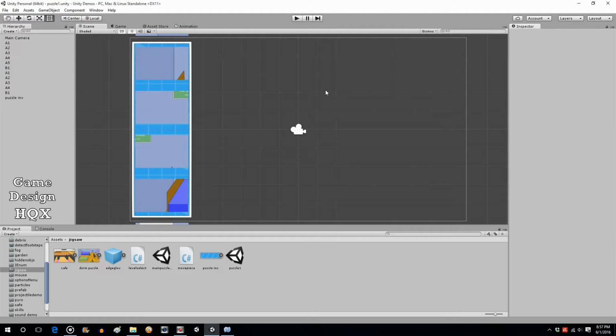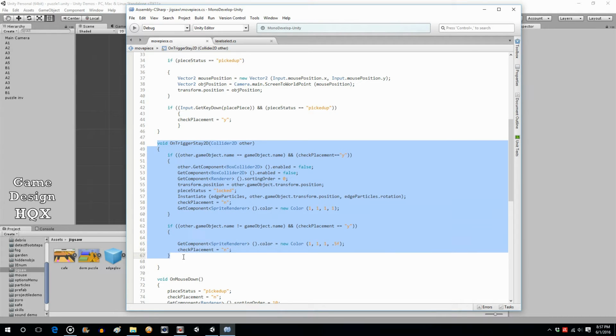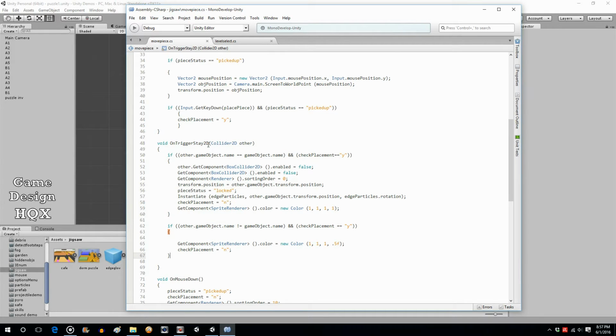Okay, so someone wanted to see how to add scoring to this game. That's pretty straightforward. Let's go to the move piece script. The reason for that is in the void OnTriggerStay2D. That's where we check to see if the combination of events has occurred to make the piece go into the right